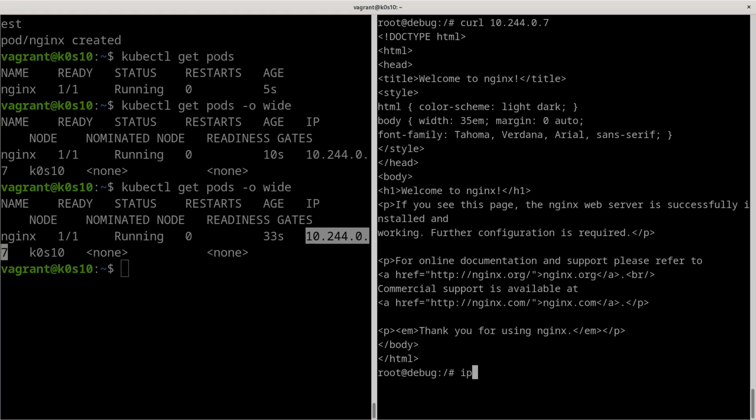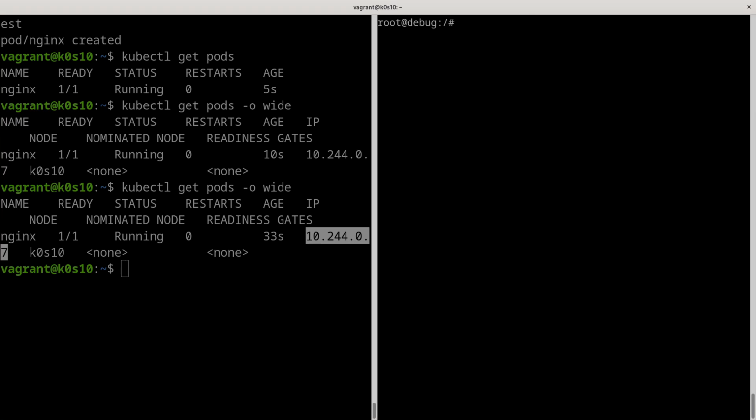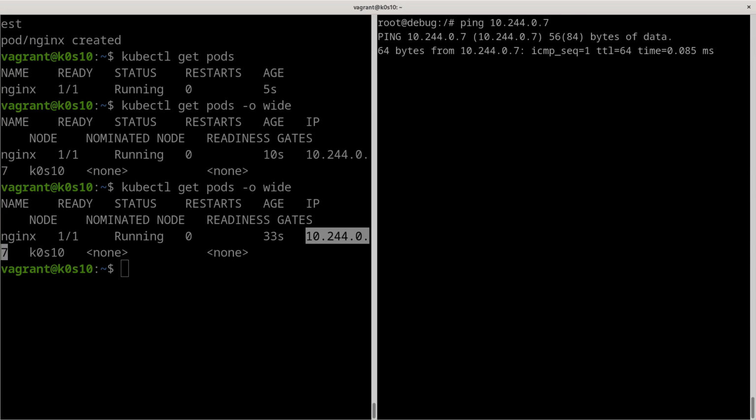it's cool. This pod even has an IP, so I can check it with ifconfig, maybe, no, yes, no. Well, it's not a problem. So we can just, for example, check with ping. Yes, we need to install ping again, apt install iputils-ping, I think, if I remember well, yes, and I can ping the same pod.